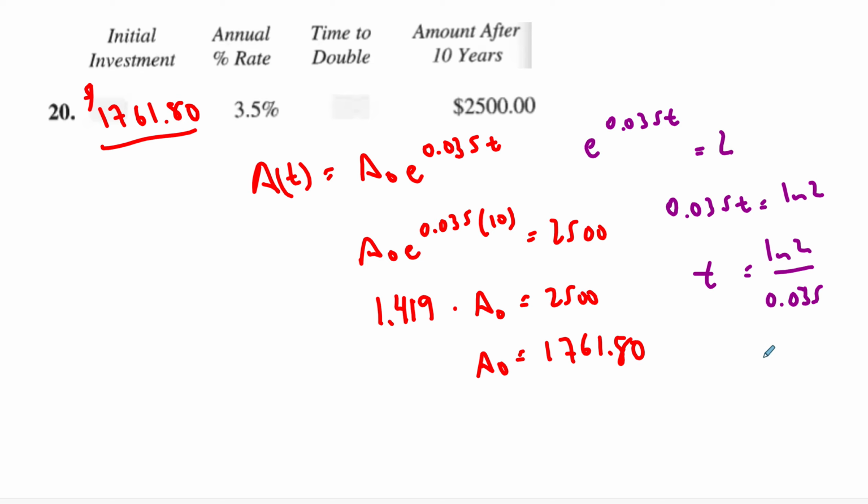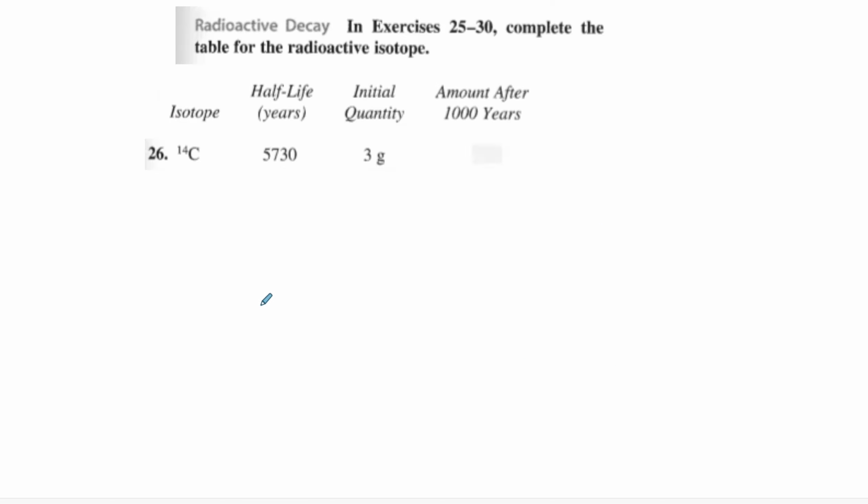So 19.804 years. Okay? Relatively easy. All right, so this next set of questions asks about completing a table for a radioactive